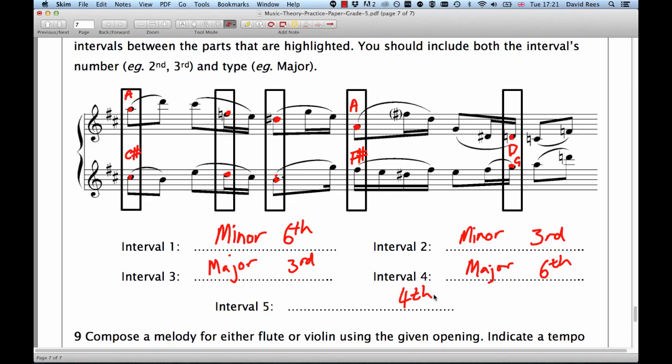And then we just have to work out whether this is a perfect fourth, because we don't have major fourths. We never talk about major fourths. We have perfect fourths, augmented fourths, and diminished fourths. So the way we work out which one it is, we're going to look at D, which is the lowest note, and ask, does G belong in the major scale of D, because D is the lowest note and G is the highest note. So it does. The key signature for D is 2 sharps again, and so we just need to work out, is G in that scale? Yes, it is. So this is a perfect fourth, and because there's that octave leap,